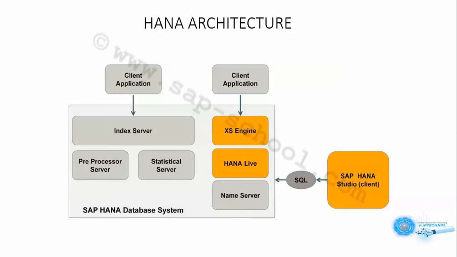Then we have the statistics server. It is basically to collect the information about the status, performance and resource usage from all the components. Then we have the name server. The name server basically contains the information about the topology of the HANA system. So in a distributed setup, it knows where the components are running and what data is on which server to decrease the time associated with the